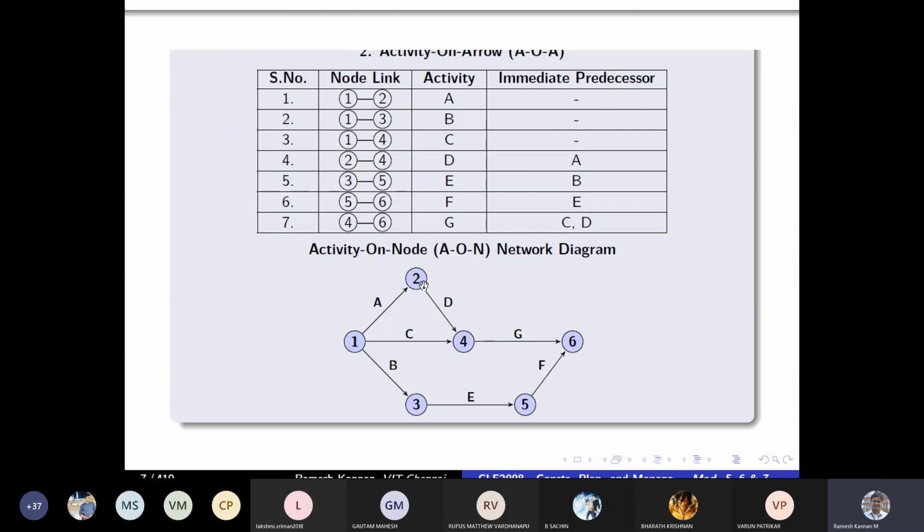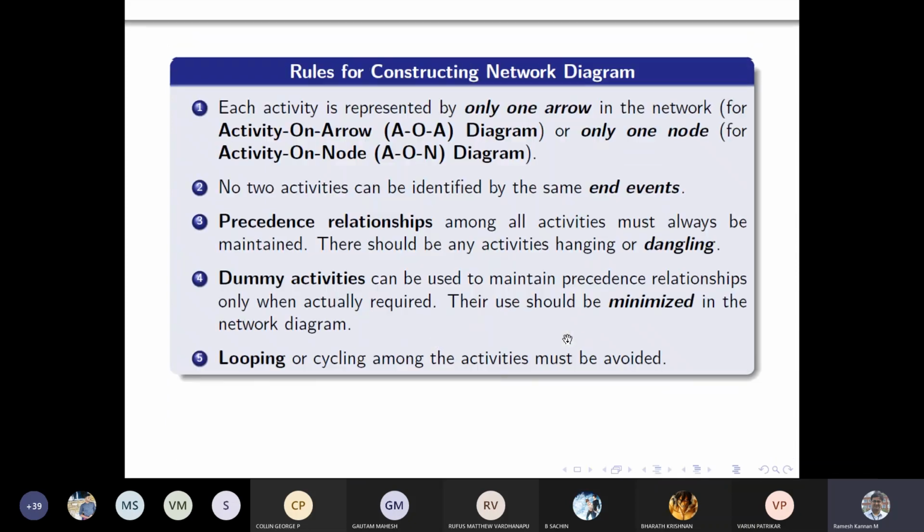So you can connect this 2 to 4 or 2 to 6 with a dummy link. A dummy link maintains the logic and avoids the hanging error, but it does not consume any duration. That is what we call a dummy activity. It has no purpose other than to maintain the logic, saying that it can be followed by that particular hanging activity.